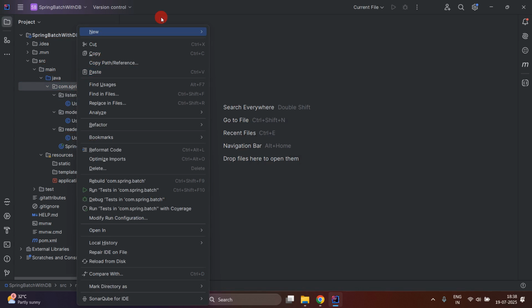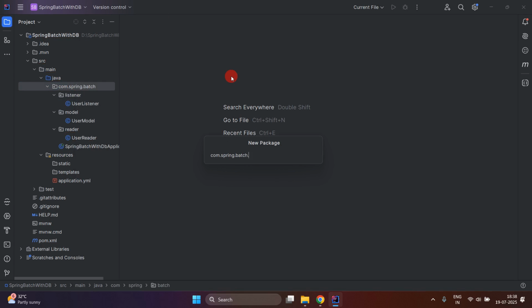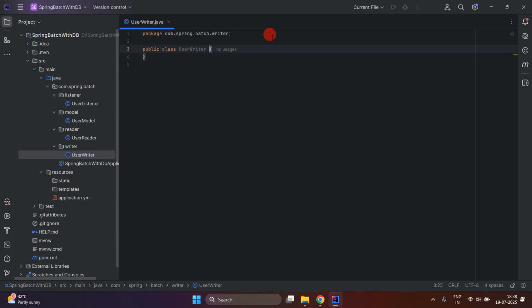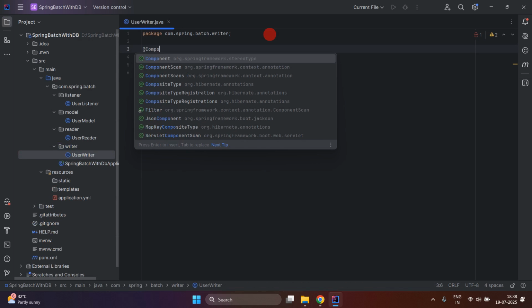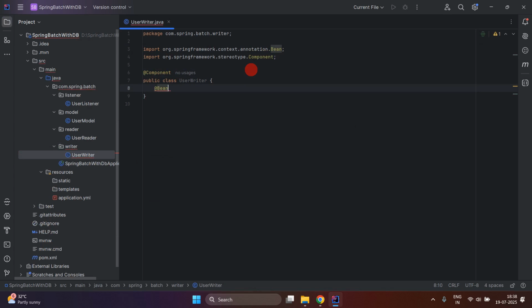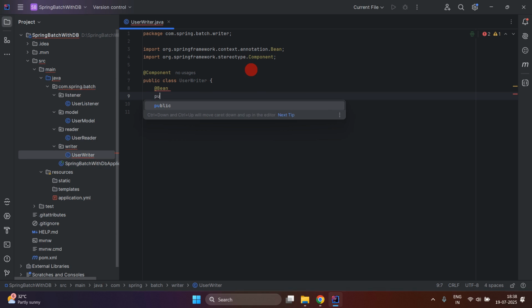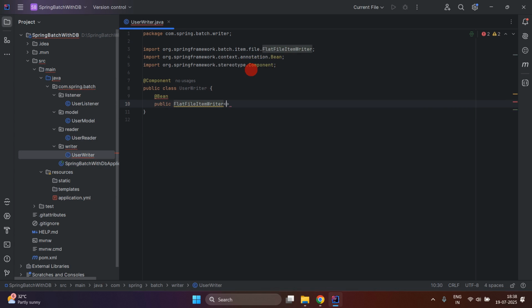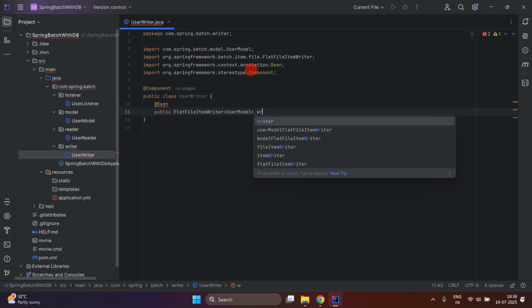Now I am going to create one more package that would be writer, and inside writer create one class that would be UserWriter, and just annotate with @Component, and inside this UserWriter we will create one bean, and here we will use public FlatFileItemWriter, and the type would be UserModel. Okay,